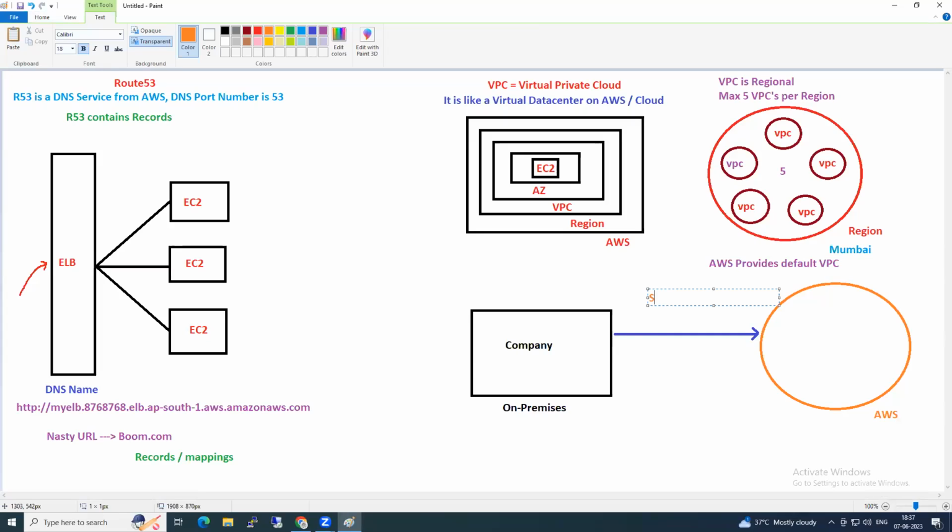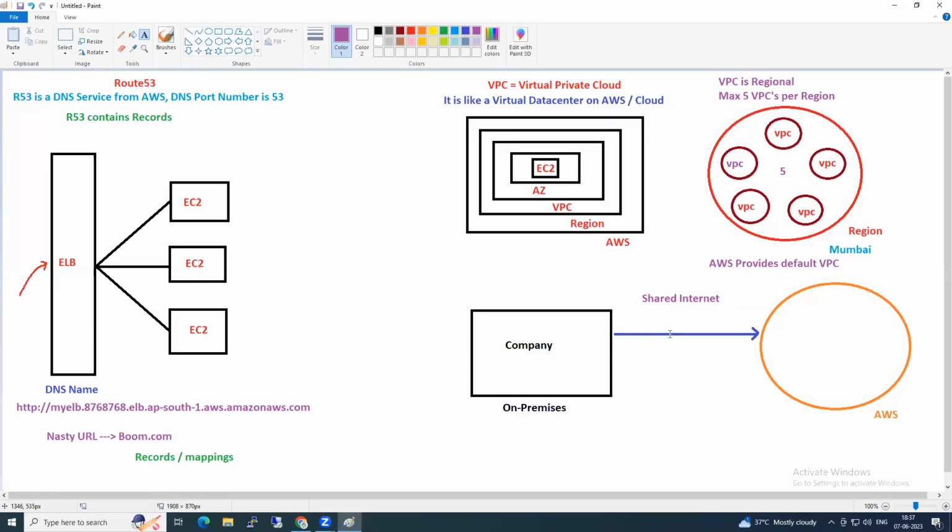Whether it is Airtel or ACT or Jio, are they providing dedicated internet for you? No, they are providing shared internet. In this shared internet, many people will be there. It's public. So if you connect from your company to AWS using shared internet, is it secure?